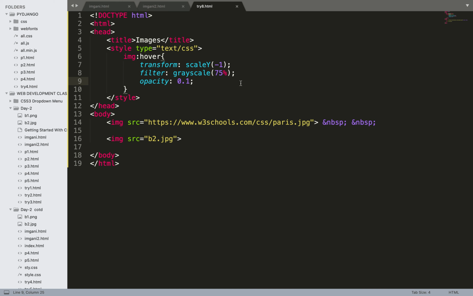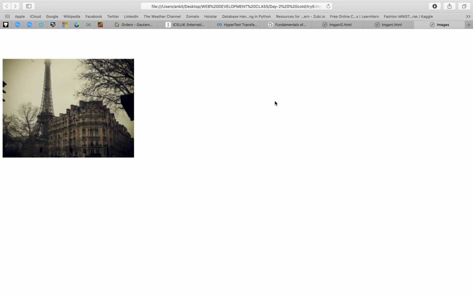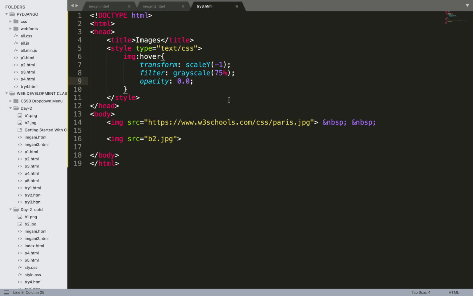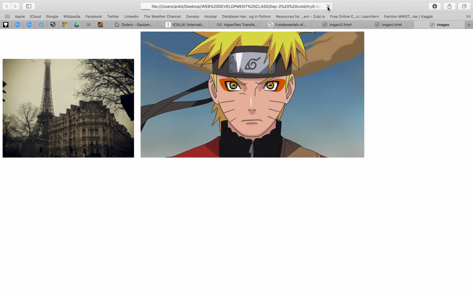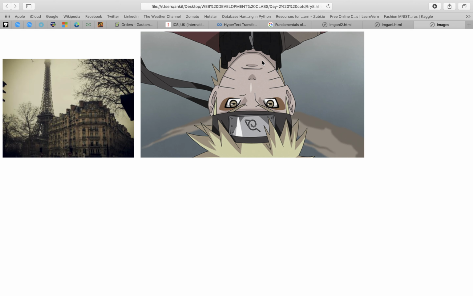So on a scale of 0 to 1, 0 means fully transparent, meaning your image won't be visible. So let's make it 0.0. It will be fully transparent, so I won't be able to see the image, it just vanished. Or on a scale of 1, it will be fully opaque, right? Like no change. So basically the opacity of images is generally set to 1. Now if you want to change the opacity, you just have to increase or decrease the value on a scale of 0 to 1. Fine. So this was the thing with these two images.